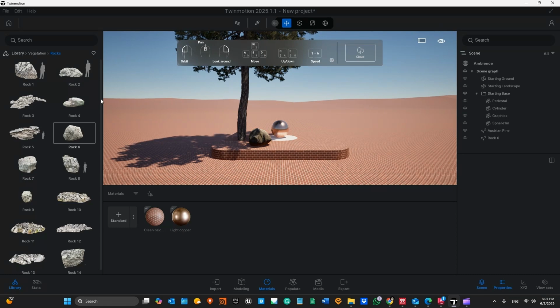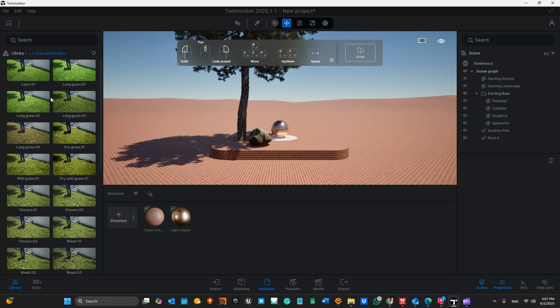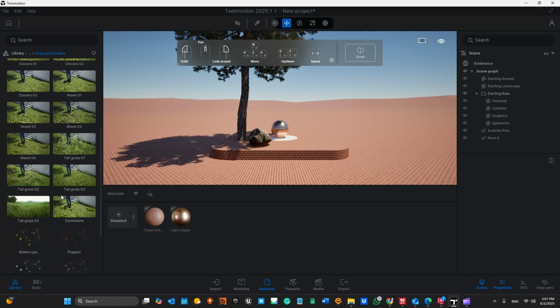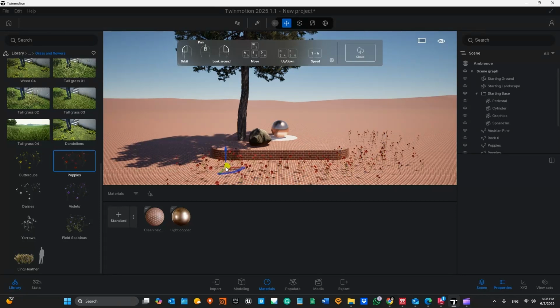Okay. So going back to library, and you have also landscape. If you want to, you can just use landscape as well, which is quite nice. And the grass and flowers. You also can add those. For example, if you want to select one of those, you can add the flowers, and with selecting around, you don't need to copy or duplicate, you just select multiple times to add to your scene,